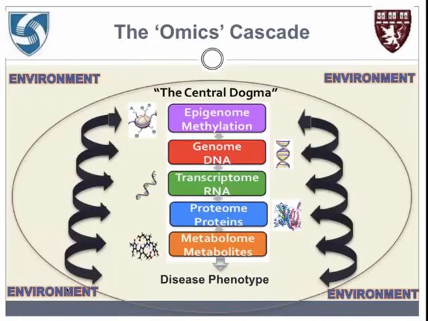So I want us to go back to the initial picture that we had of this sort of omics cascade with all of these different omics, epigenetics, genetics, transcriptomics, proteomics, metabolomics, and the environment, all to study a disease. And so in this next section, I'm going to give a brief overview of how we actually went about considering some of these other omics and how you can integrate these to examine how they may all be telling a story that is comprehensive and in line with one another.